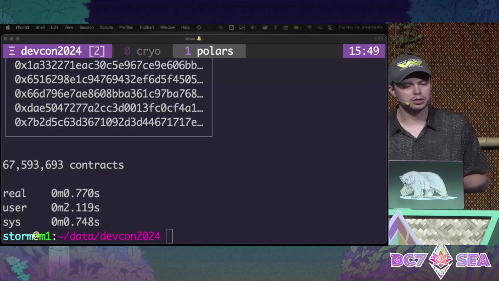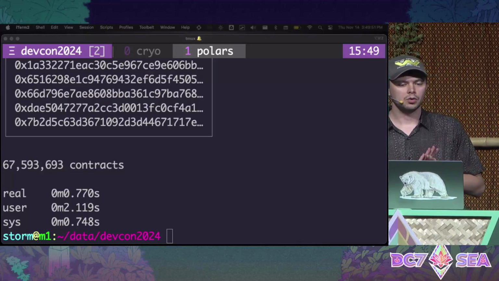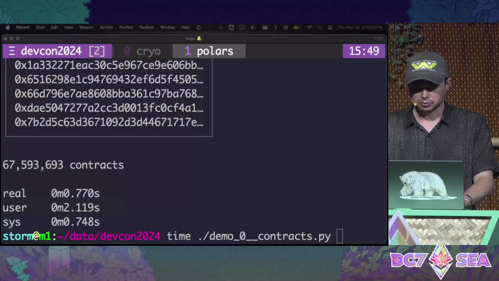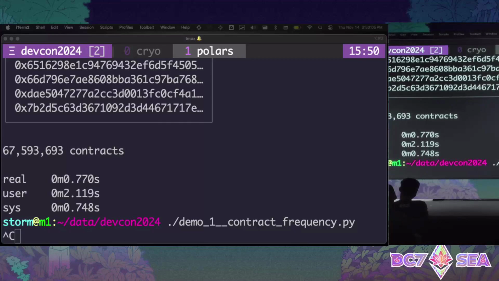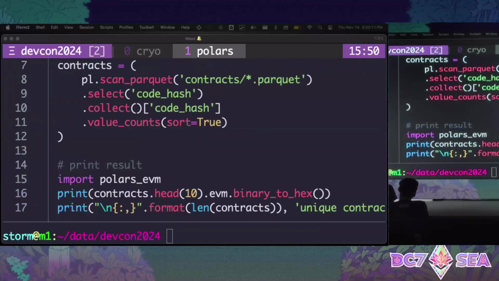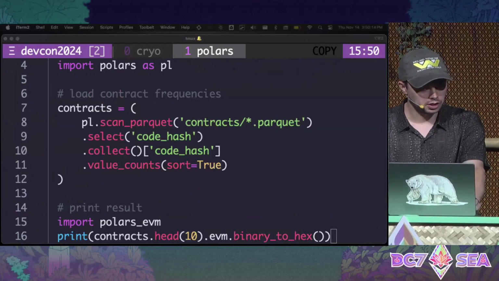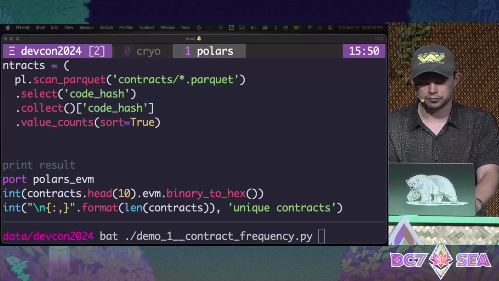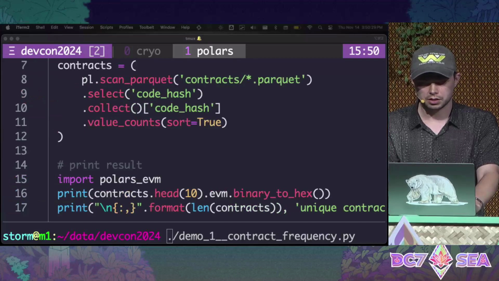So now let's say we want to run a more useful query. Like, let's check what are the most common bytecodes for these 67 million contracts. So I wrote another script, demo 1. Actually, before I run it, let me show you it. So similar story. There's this contracts query used by the Polars library. I'm selecting which columns I want, here just code, and then I'm adding this extra function, value counts, that's going to count the frequency of each bytecode. So if I run it,